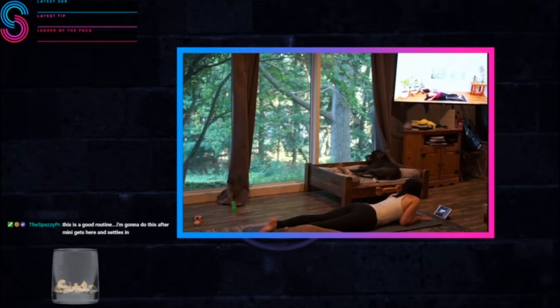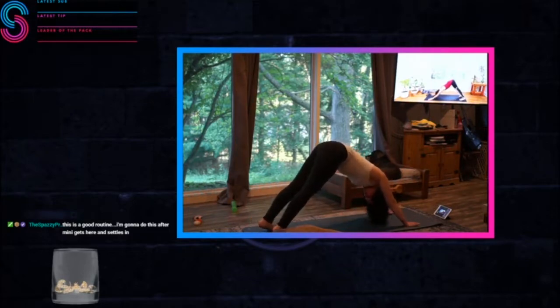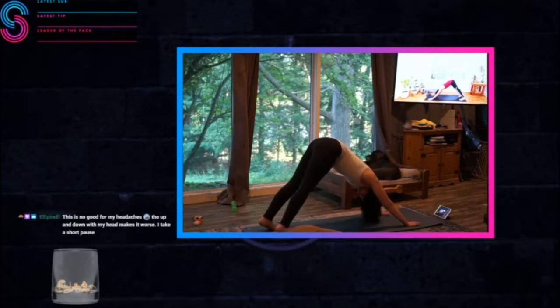Inhale, press up to plank or all fours. And then exhale, make your way to downward dog. Upper arm bones spiral out, inner thighs spiral in. Then it's got two different spirals going on, two different loops. You're gonna hug the